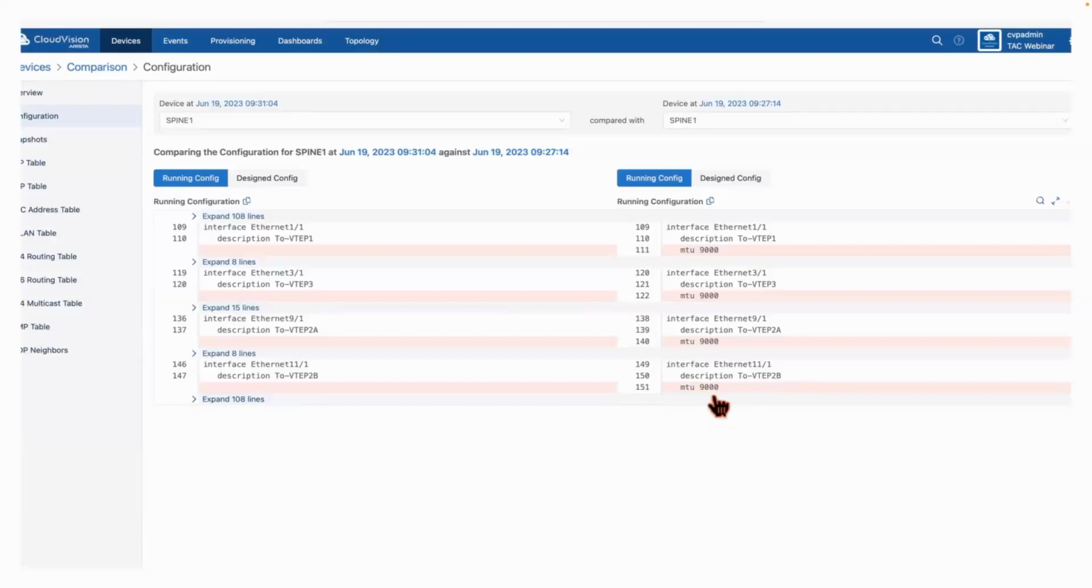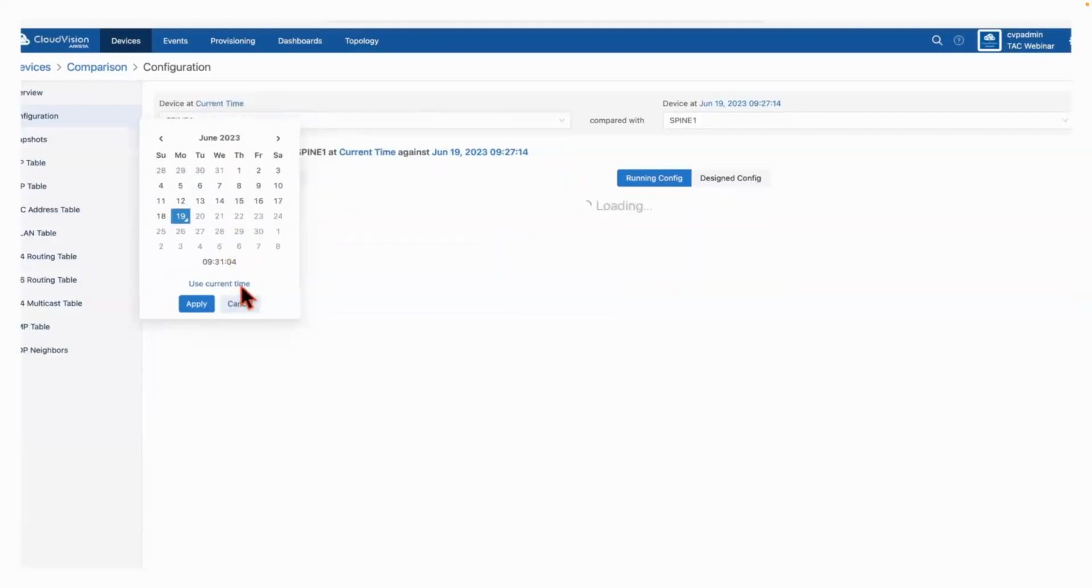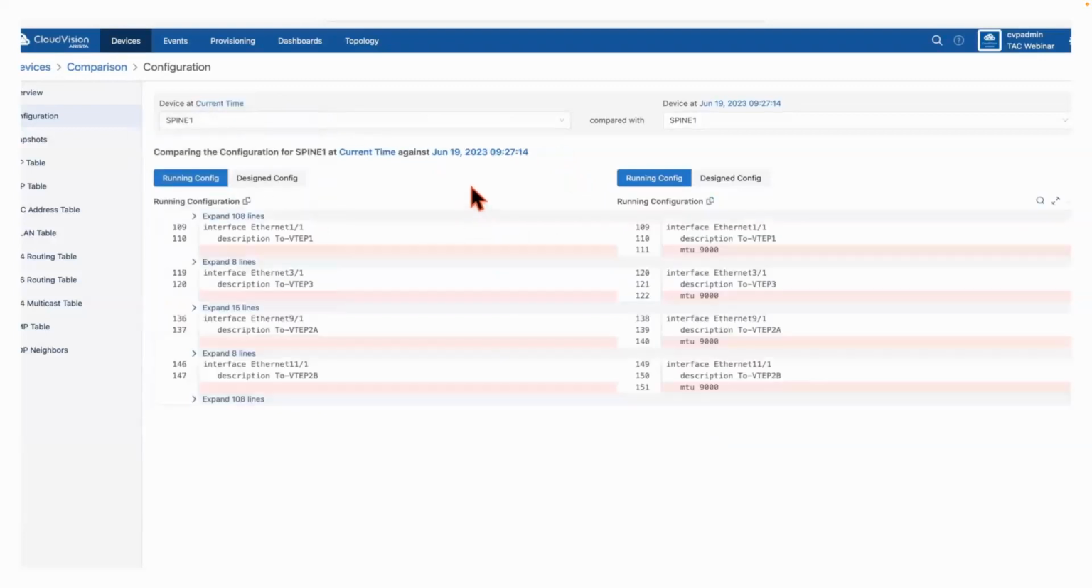Now, this not only indicates a change in the config, but this also indicates that the changes might not have been done from CloudVision. To understand if the spine is still having the same config, we can click on the timeline bar and select the use current time option, which would give the comparison of spine 1 at current time against the time in